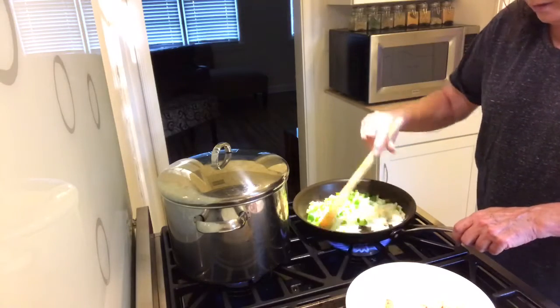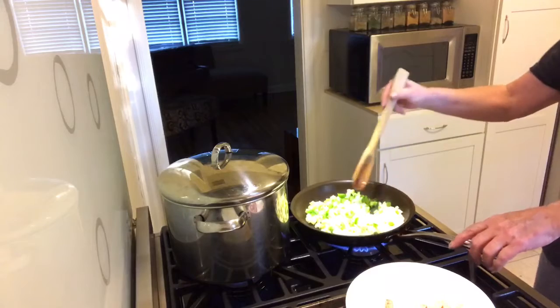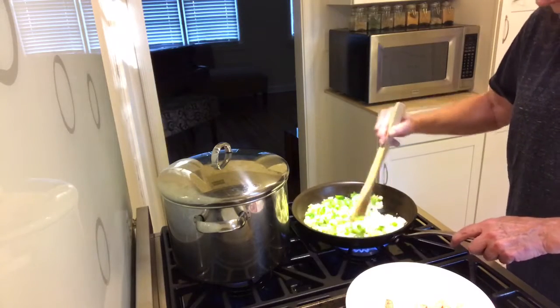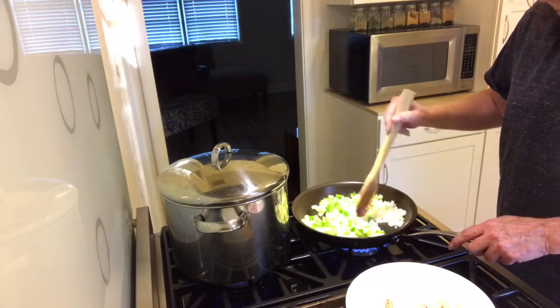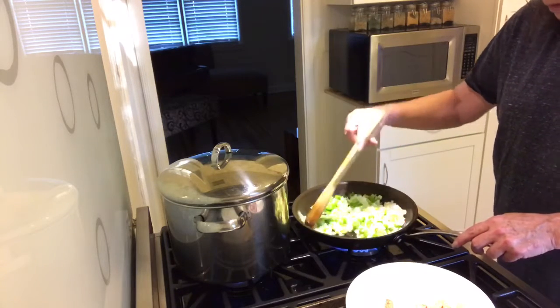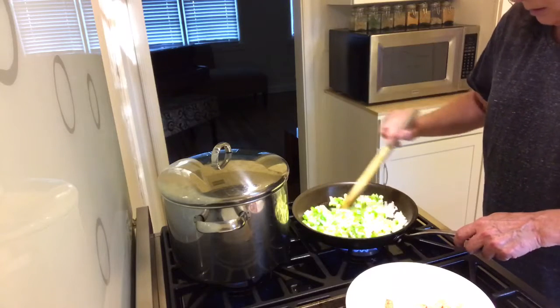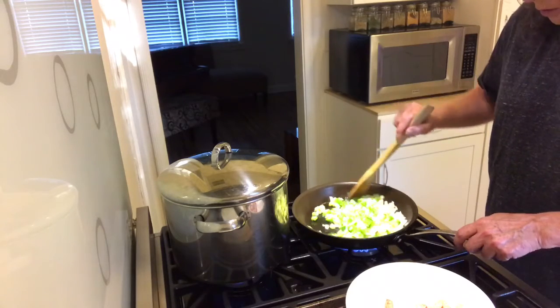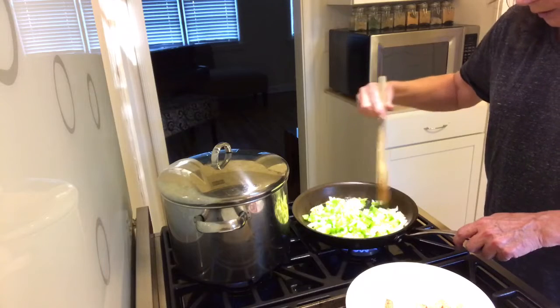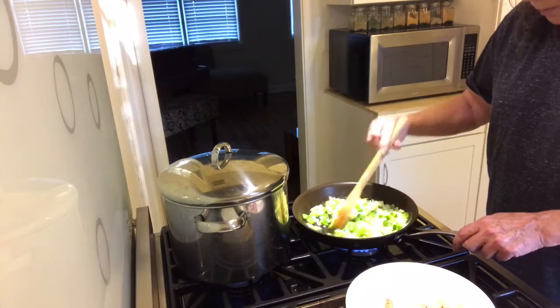So I have to go run an errand and be somewhere at 6 o'clock, currently 5:10. So I just want to get this going, and then it can simmer on the stove while I go and run my errand. I'll only be gone a few minutes, but, and then